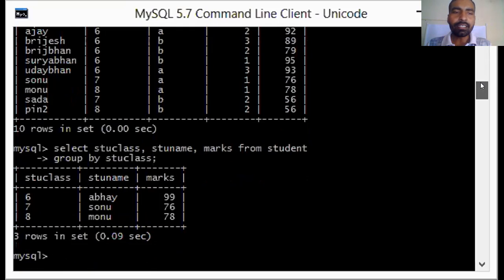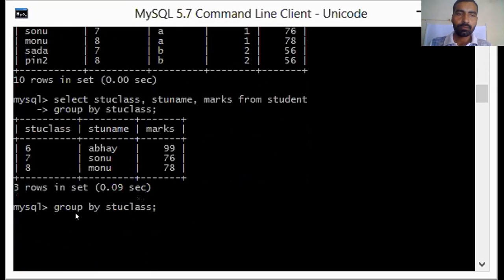Your question is right. Let us write, we want to display STU name, marks. Marks, we want to create the group. So we display the marks and then we display STU name also.